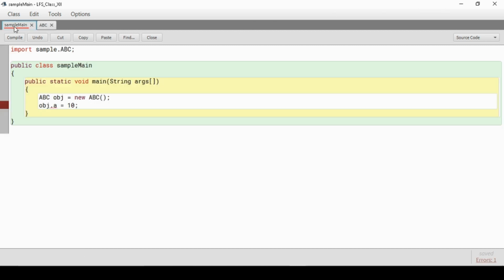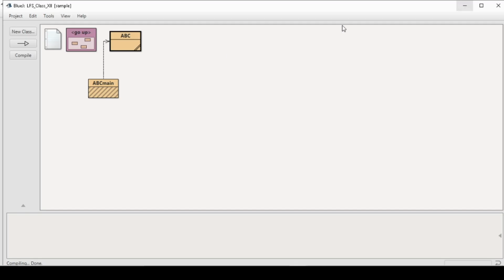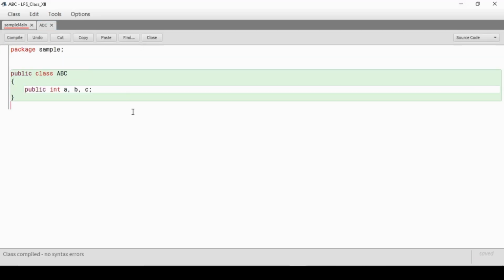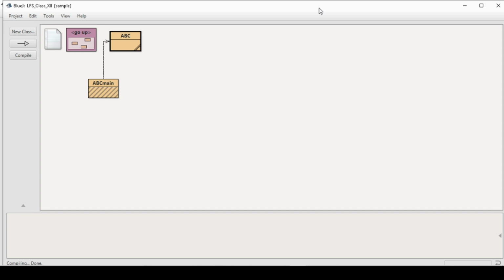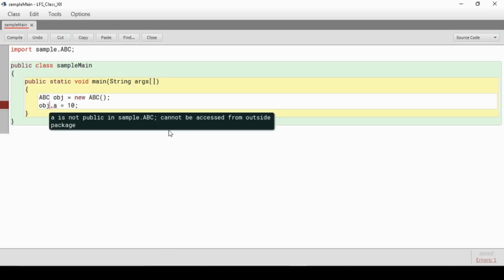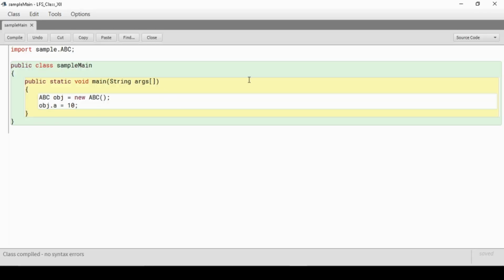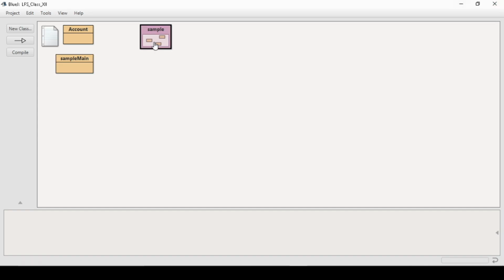Fine. And now you can come here and compile it. I compiled it. Fine. Let's get back. Let's try to compile it again. Cannot be accessed. It's not public. Okay, let me close this. Okay, now it's compiled. Actually, it was open in the editor. That's why it was not working. So you can see now it is working, since it was made public.